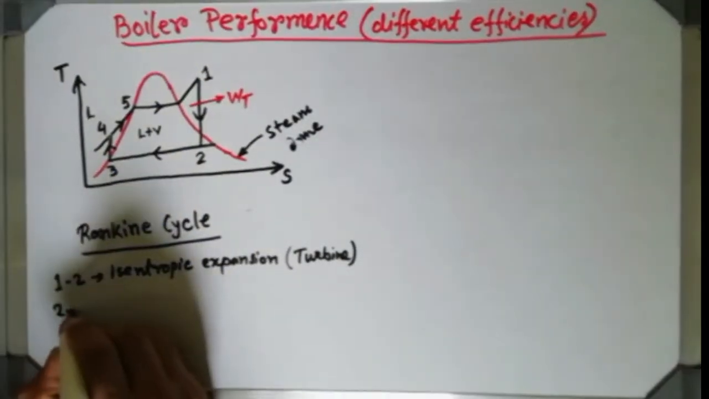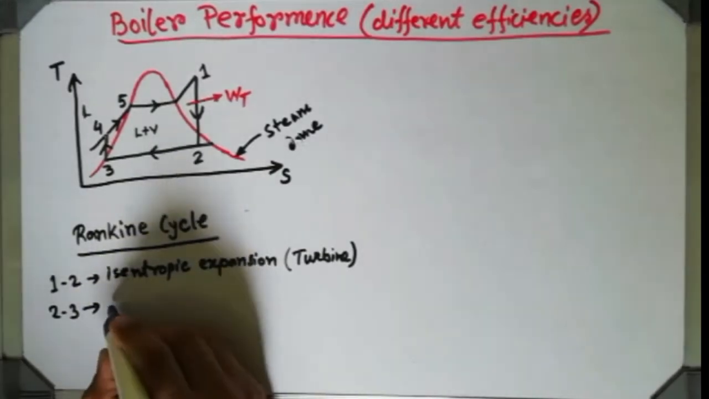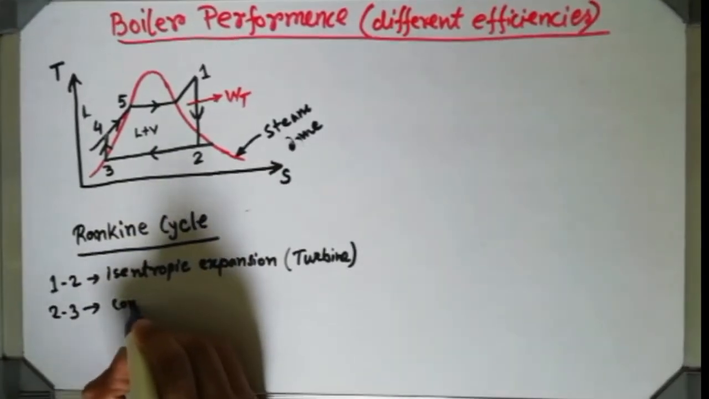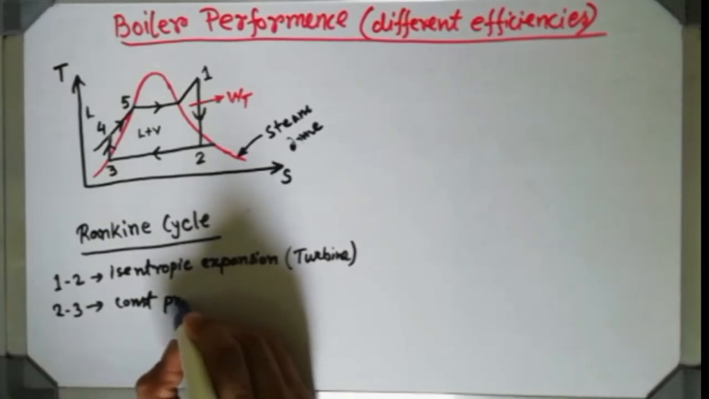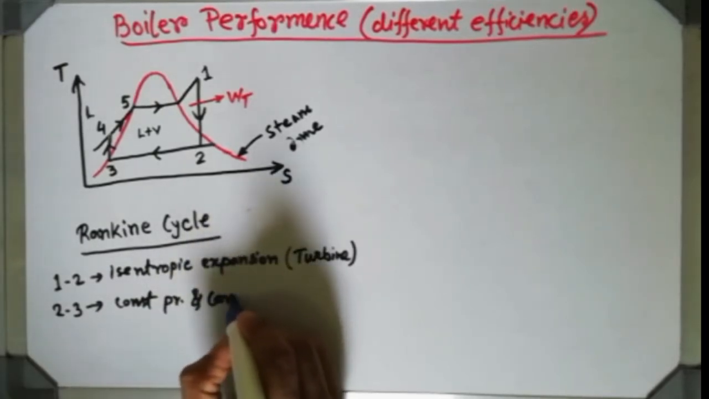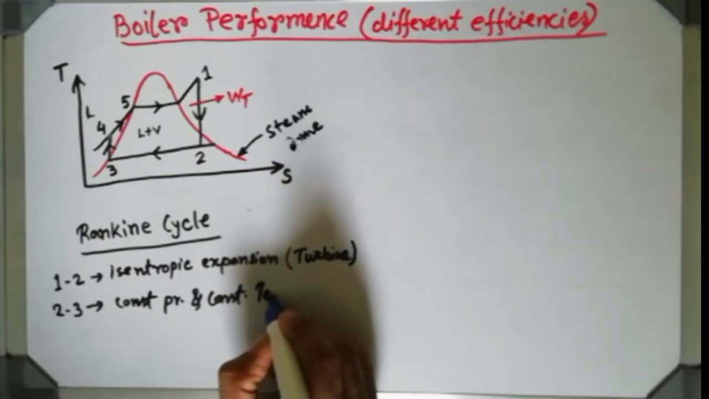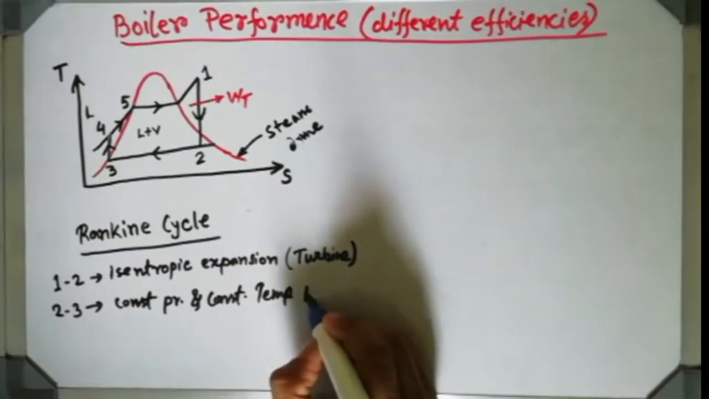2 to 3 is nothing but the constant pressure and constant temperature. Constant pressure and constant temperature heat